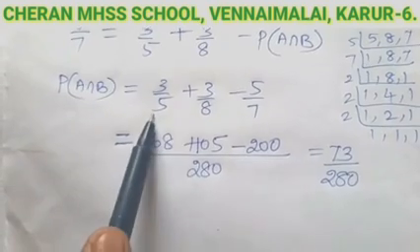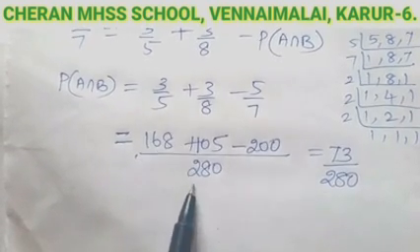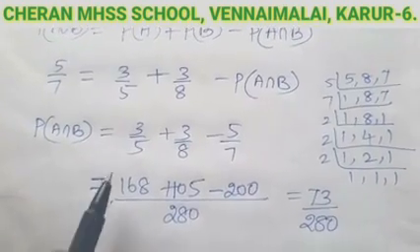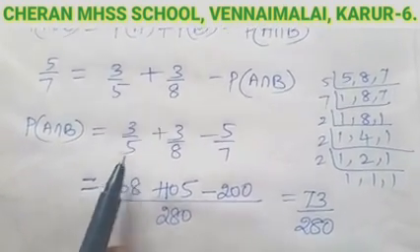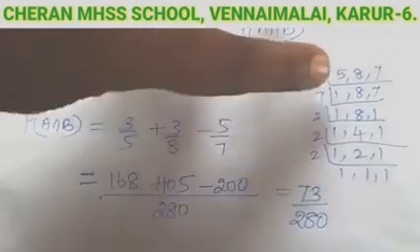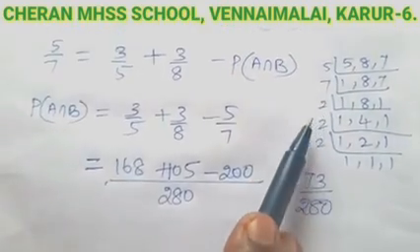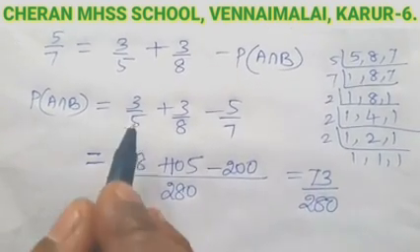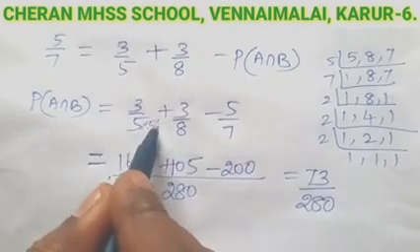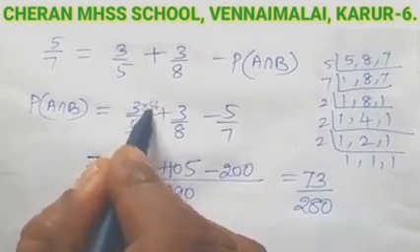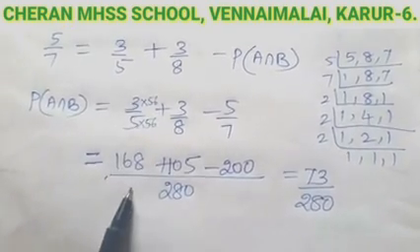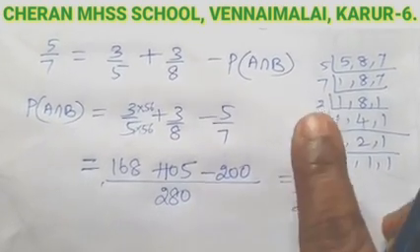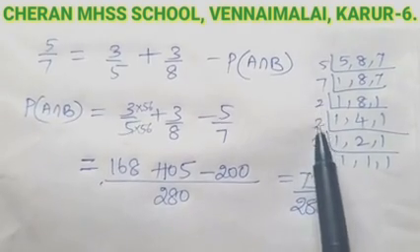So 5 into number is 2 into 280. Since there is 5 in the denominator, except 5, we have to multiply the remaining elements, that is 7 into 2 into 2 into 2. So 7 8s are 56. So 5 into 56, so multiply here also by 56. So we get 168. The same way, 8 into, hide the 8, 2 2s are 4, 4 2s are 8,